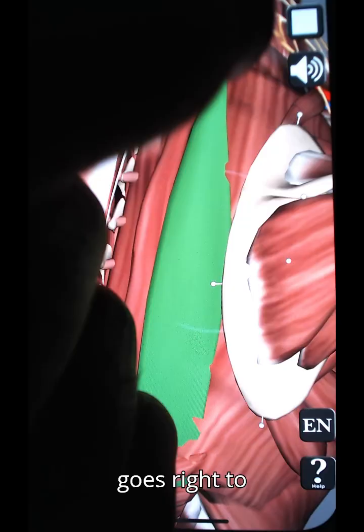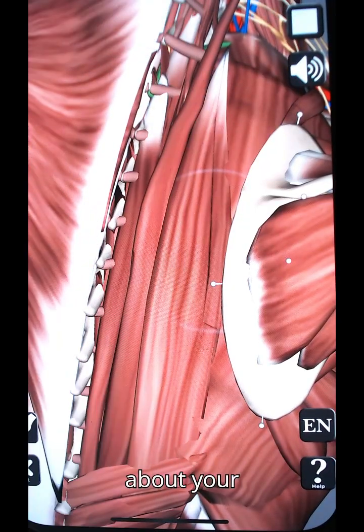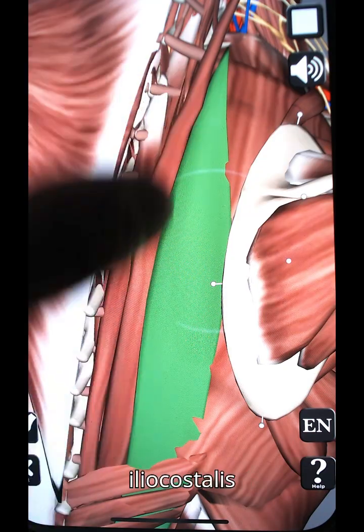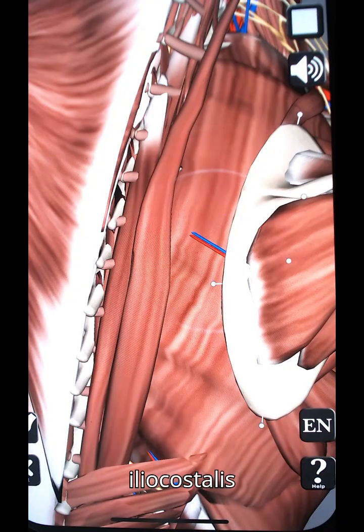This muscle, iliocostalis, goes right to about your T1, and so it's just before the neck. And there's some other muscles that we've discussed today, like serratus posterior, that starts at C7 but crosses to T3. Right? There's a little bit of crossover between that T3, T2, T1 tightness causing your neck pain. All right. So longissimus is on my list, and iliocostalis. They're both on my list, but this is the iliocostalis right here. I'm gonna remove iliocostalis, and